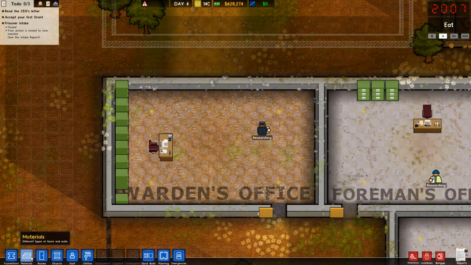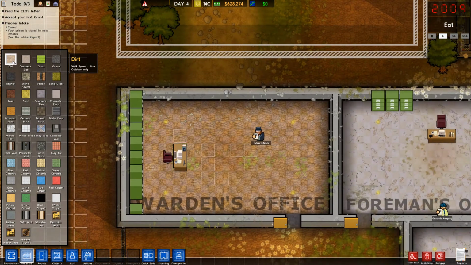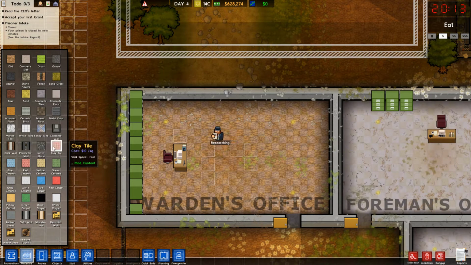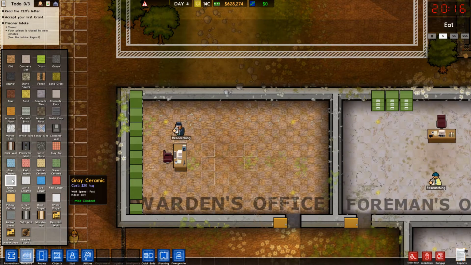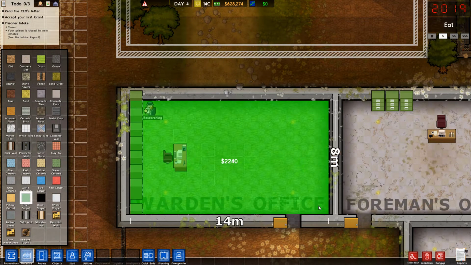I don't know what floor texture this is. I've genuinely got no idea. I think it's just dirt. Interestingly, he's got dirt in his office, which is pretty unique. But yeah, because that other one adds some interesting stuff. We've got some wooden walls. We've got white carpets and stuff. New tile colours, loose stones. So we're going to stick with this one, but I think the warden's going to have a nice green carpet,